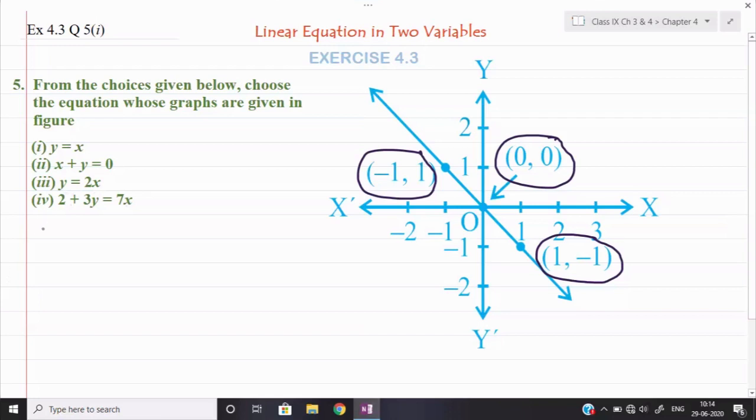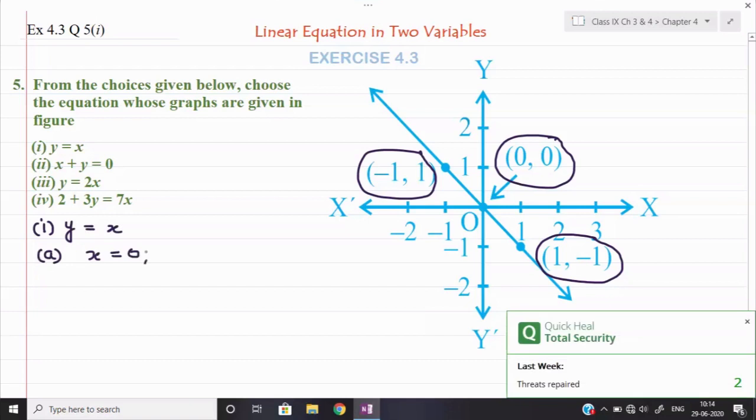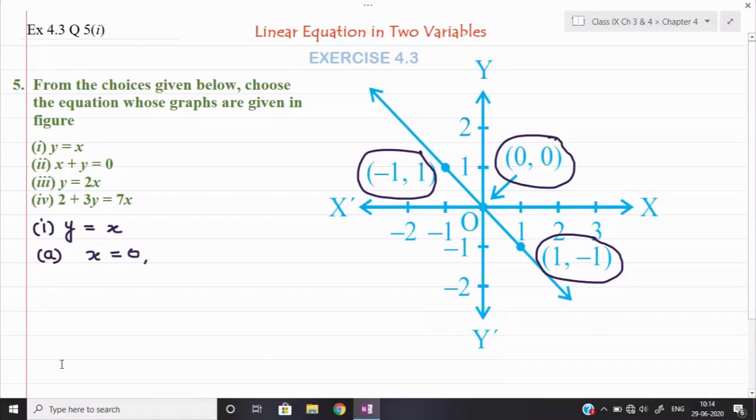The first part I am solving here. I am taking the first equation, y is equal to x. In this, first I will put the first point, x equal to 0 and y is also equal to 0. Both values I am taking here, because the first point is 0, 0. Now if I put it in the LHS and RHS, I can say that 0 will be equal to 0, which is true. Left hand side and right hand side both are coming equal.